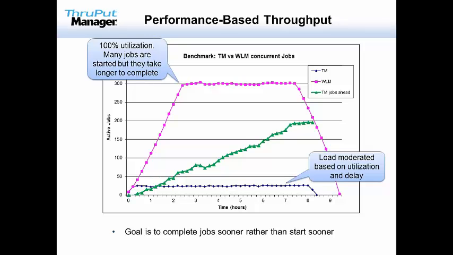The goal being that I want to get close to 100%, but I don't want that queuing chart where my wait time goes off the charts. I want to fill the highway without packing it until everybody's stopped. And using this method, as you can see, in this capacity with this load, it makes the decision to run approximately 25 initiators. It finishes about an hour sooner. And moreover, the green line is showing the number of jobs that were completed by Throughput Manager ahead of the other method. Because you want to get things out of your system.